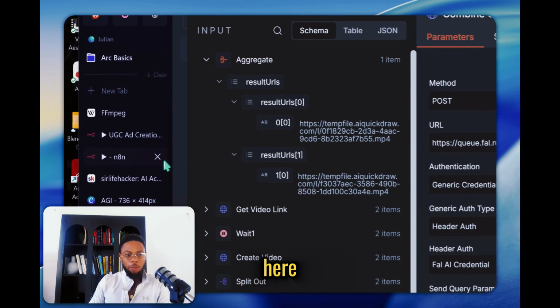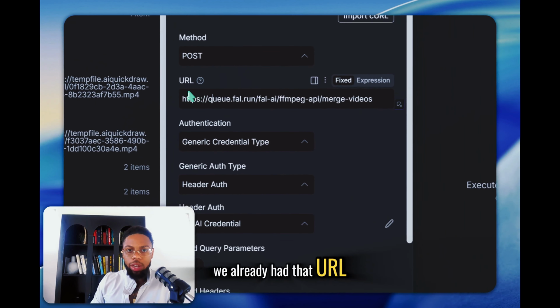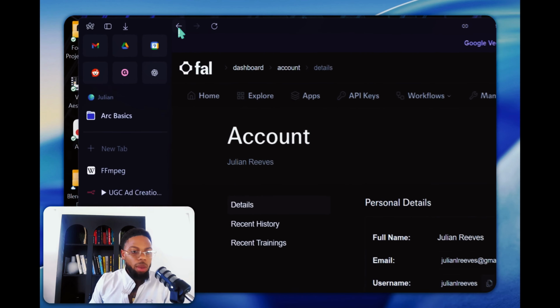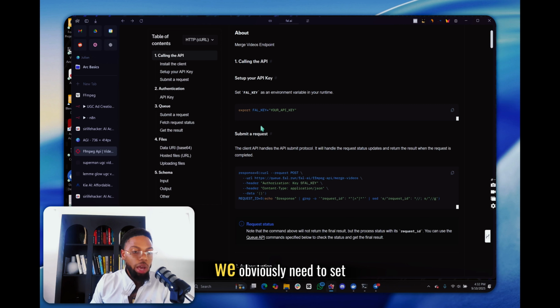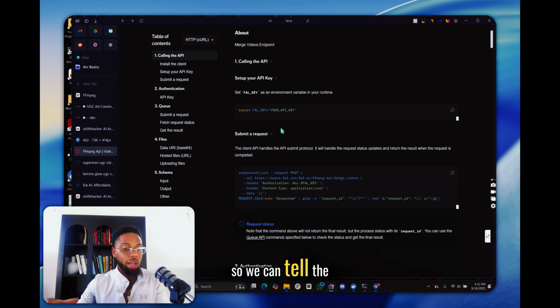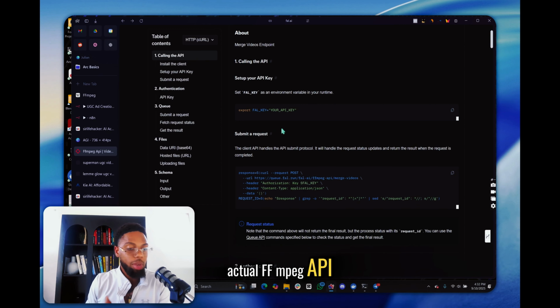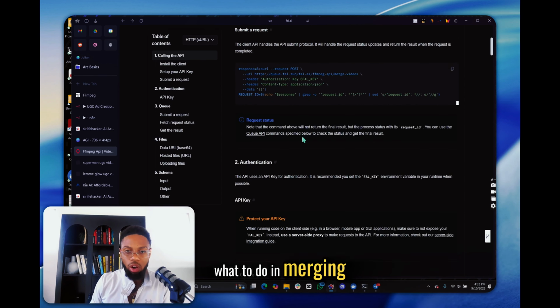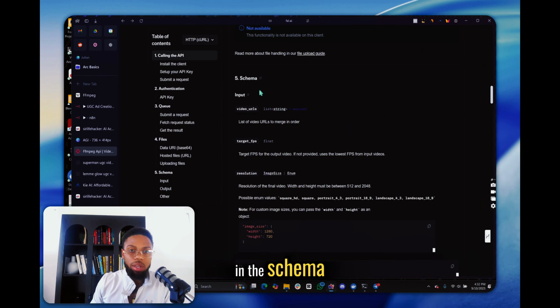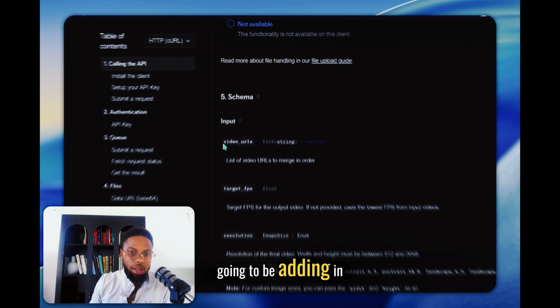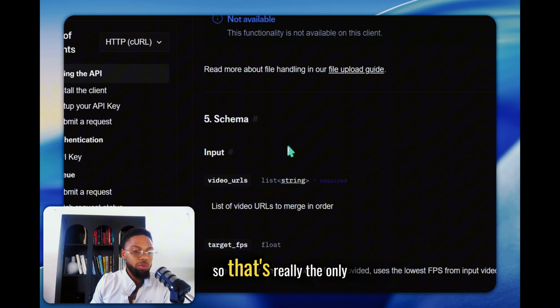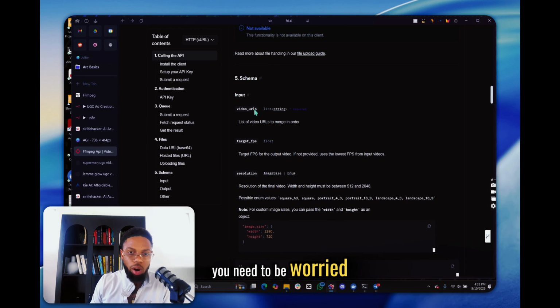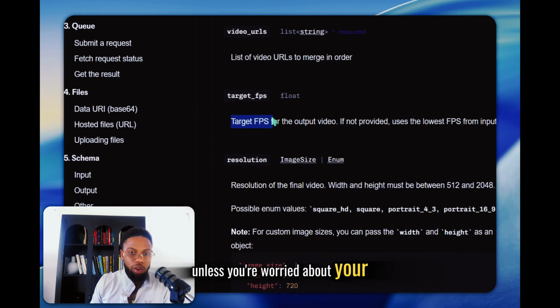So as you can see here, we already had that URL down packed inside the endpoint. But going back to the merge videos documentation, we obviously need to set up a body so we can tell the actual FFmpeg API what to do in merging our videos. So as you can see in the schema, the main input that we're going to be adding in here is video URLs. And you can see this one is required too. So that's really the only one you need to be worried about, unless you're worried about your frames per second